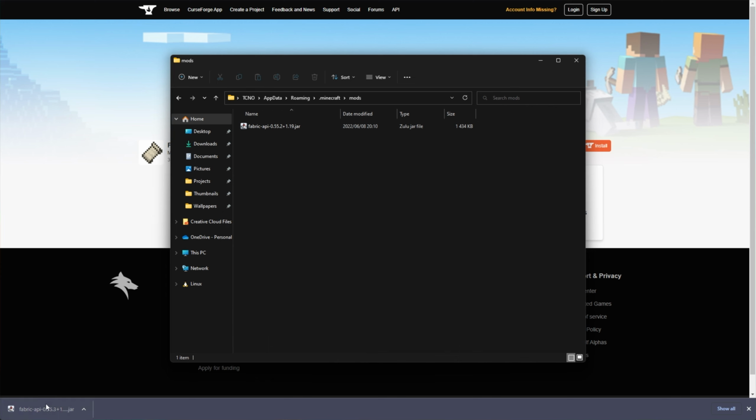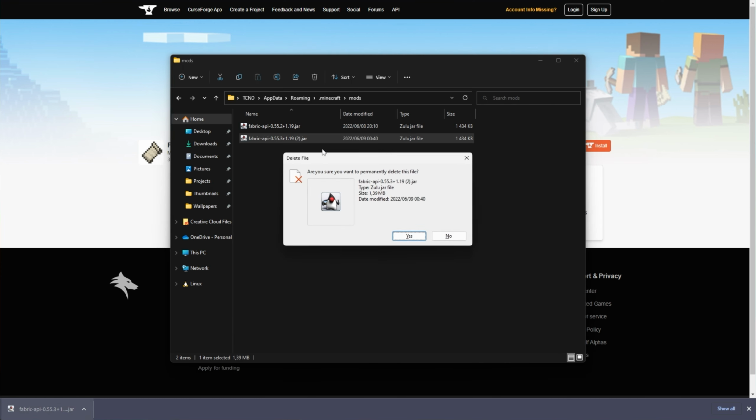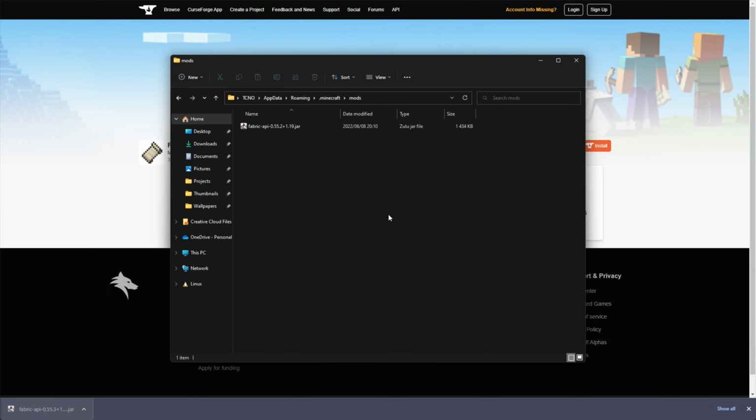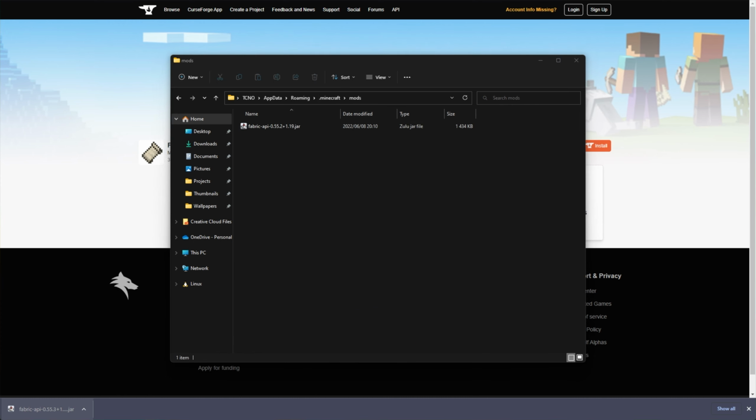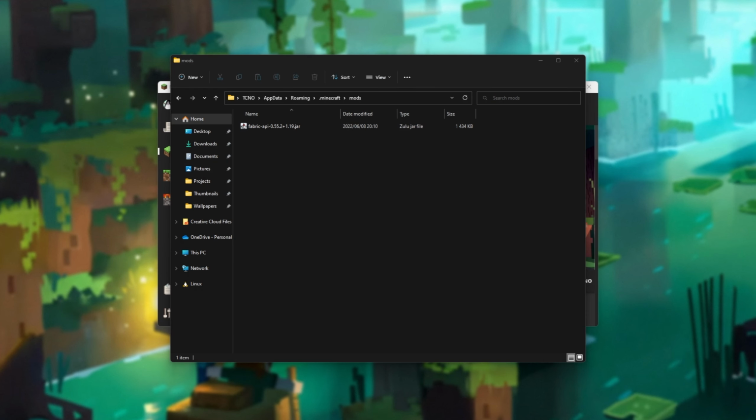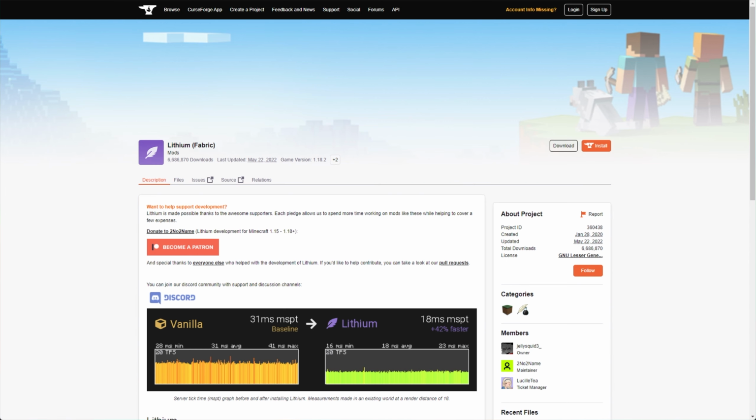Then we'll drag the Fabric API from our downloads into the Minecraft mods folder over here, deleting any other Fabric API copies that we have here, so we only have the most updated 1.19 version here. Do note that mods from previous versions usually don't work in new versions, so you'll need to get rid of all other mods that aren't compatible with 1.19 here as well. I have a mods 1.18 folder over here for that exact reason. Awesome. Now that Fabric and Fabric API are installed, in the description down below you'll find links to Sodium, Lithium,